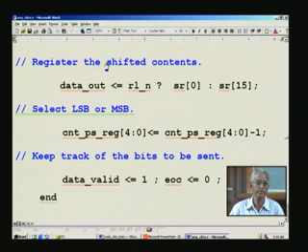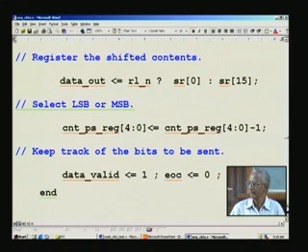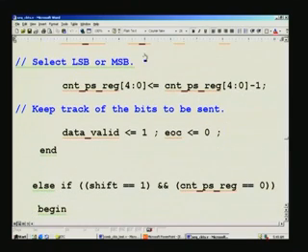Earlier it started with 16, now it will be decremented to 15, and now we have started outputting the data. Therefore, data valid is also asserted here, and